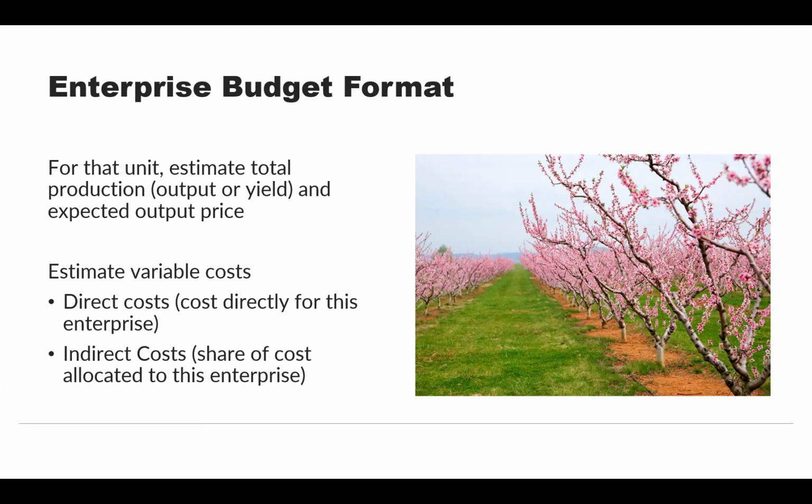One way to decide if it's a variable cost or not is: if you didn't produce the crop that year, would you have that cost? So if you own farmland, for example, and you don't plant anything that year, you still owe property taxes. If you have bought equipment and you've got loans on it, you still have to pay the interest on those loans, whether or not you grow anything.